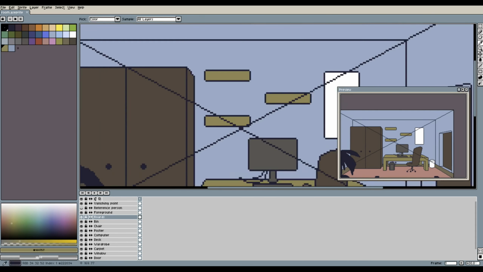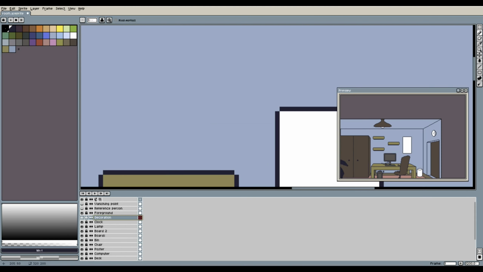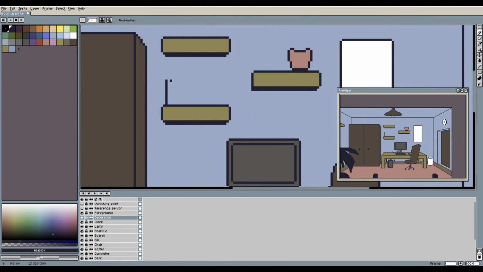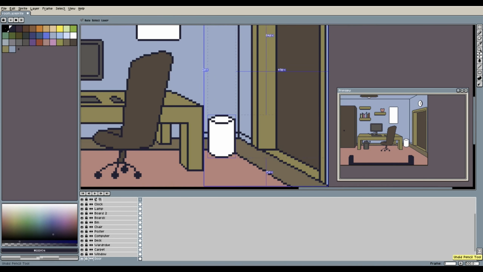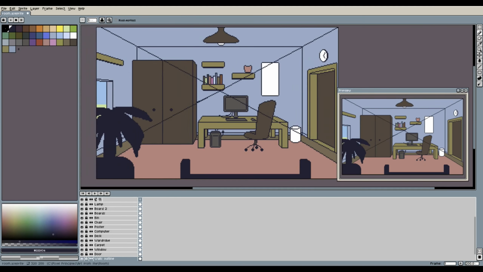perspective, as well as a clock on the wall, and finally some decoration on the wall, such as books. The door was still kind of just a hole in the wall, so I added a door frame to it. And I applied the same principles to the window on the opposite side of the room. Once I had done that, I went to step 4, which was coloring.